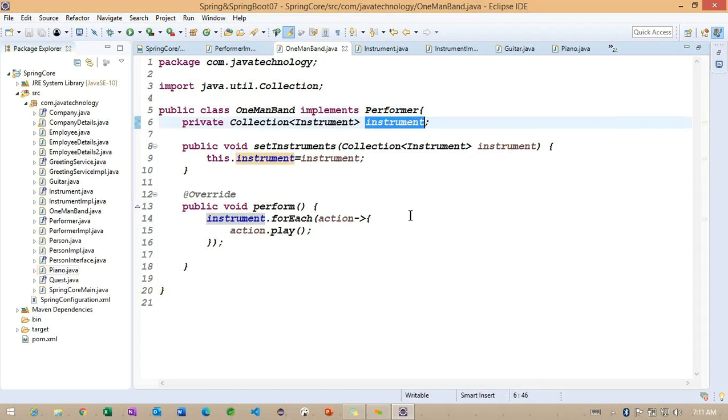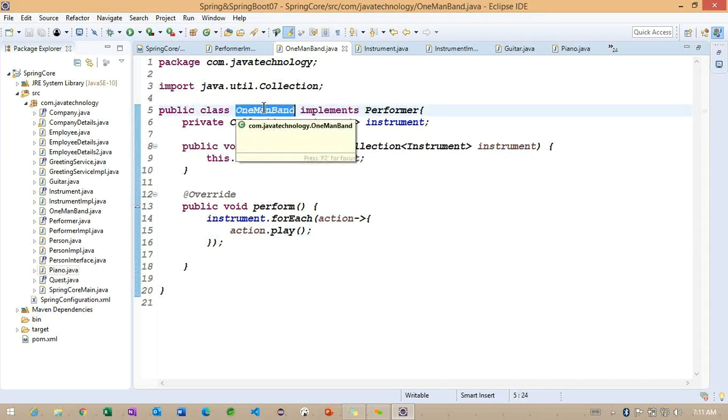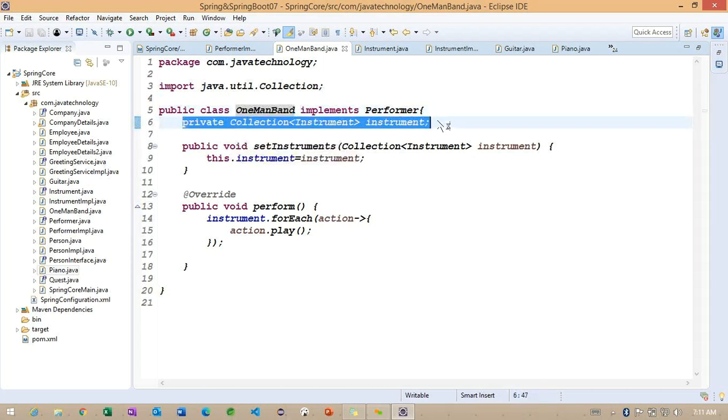Now we identified here, whenever we get each object, each method is going to be called, so we may get different messages here. Now back to here. First we need to create this particular object. While creating this object, internally it depends on this Instrument object here. The one-man band is going to depend on this Instrument here. So whenever this one-man band depends on the collection of objects, what are the ways we can create it here?